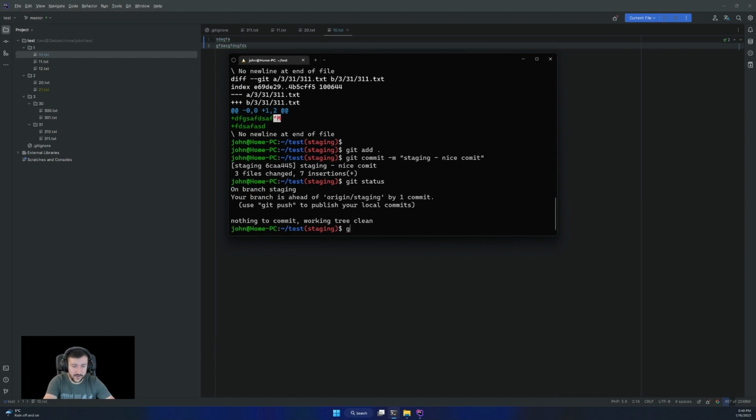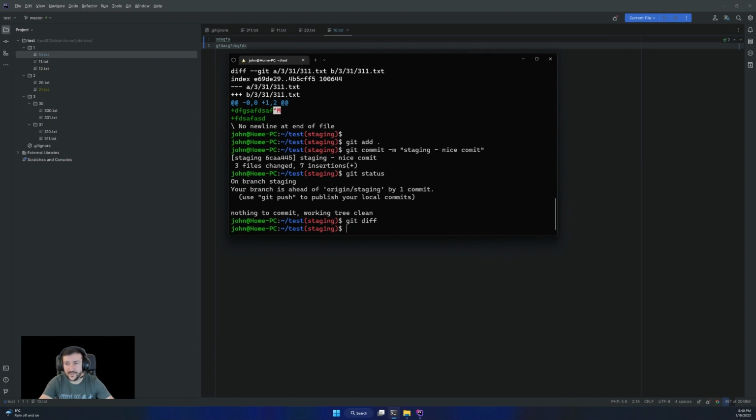If I run the git diff command again, what do you think it will show me? Nothing, because git diff shows only the changes that we have now. If I want to see the difference between what I have local and the origin, I can